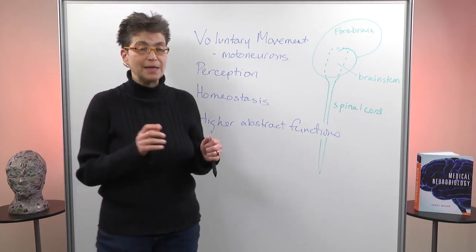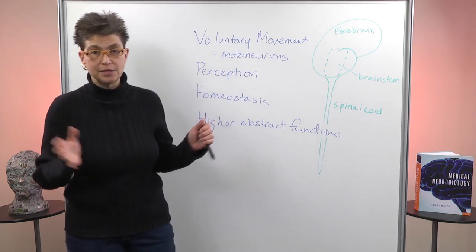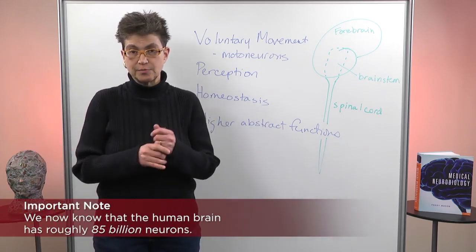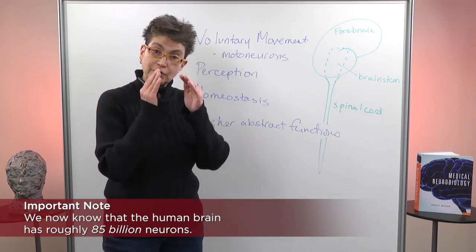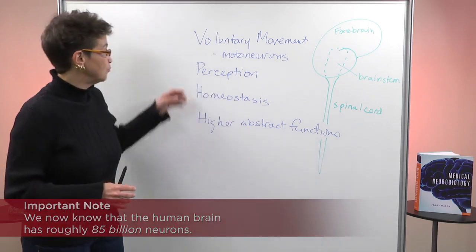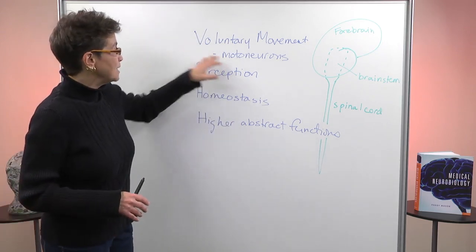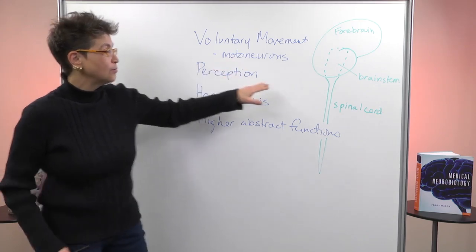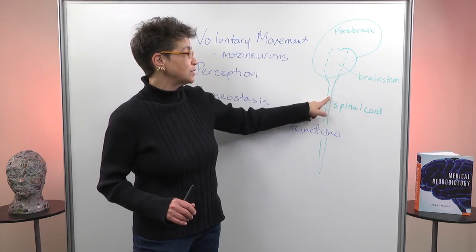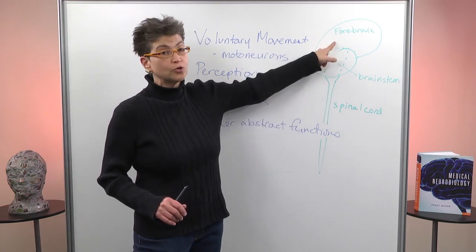And there aren't very many of them. There's under 100,000 out of 200 billion neurons in the central nervous system. So they're rare. They're a very special type of neuron. If they die, you can no longer move that muscle. Now, where are the motor neurons? The motor neurons are contained either in the brainstem or in the spinal cord,